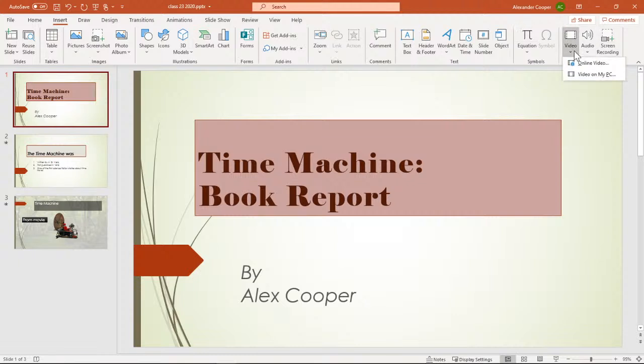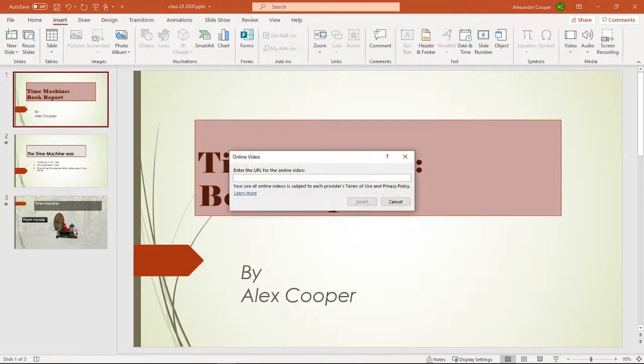If I click video, it's mostly talking about URL, and you probably do need to use YouTube, and it'll embed it in some way. One of the problems is, unless you go into the settings on here, you'll usually have to click, wait for it to load, and then click it to play. So do realize that you may have to do that during your presentation if you're going to show a video.